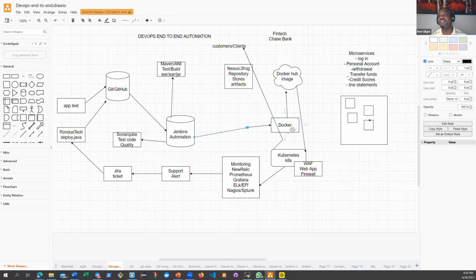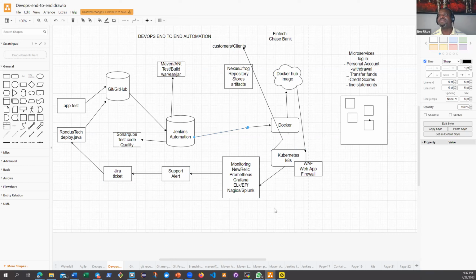So you create a container in Docker, and the image that you create in Docker, you push it to Docker Hub, and it becomes an image. Then you can pull these Docker images into Kubernetes, right? And create the application using Kubernetes to do the orchestration for you. Inside Kubernetes, you can use Prometheus and Grafana to monitor what's going on. And if anything happens, you can create an alert, create a Jira ticket, and it goes back to the developers and the cycle continues,